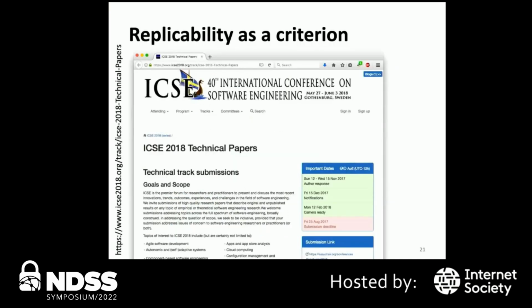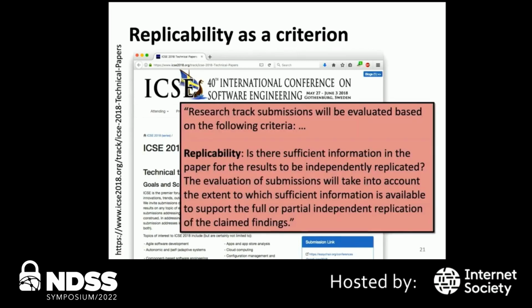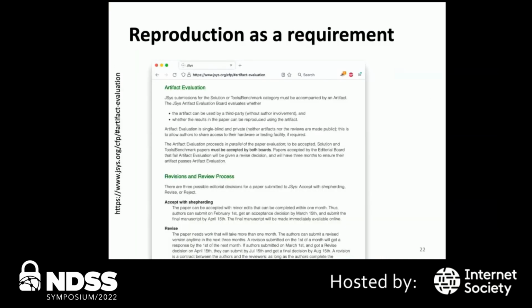We see conferences that have replicability as a criterion. This is from the International Conference on Software Engineering some years ago. It says the research track submissions will be evaluated on various things. Anyway, the point is that replicability might be a criterion for accepting the paper. While they might not reproduce the paper, the question is whether there is sufficient information in the paper that would allow me to reproduce it if I were going to try. Or reproduction as a requirement of